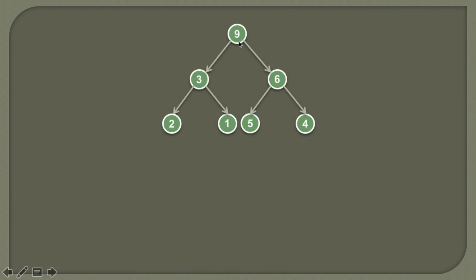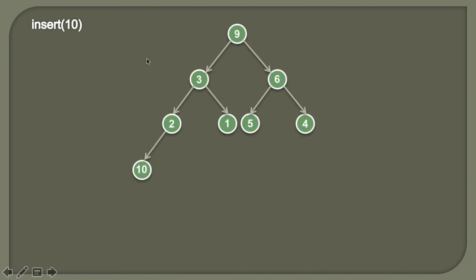So let's say we are given this max heap having 7 elements, and let's say we insert 10. Here you can see all the levels are filled completely, and as a heap is a complete binary tree, the value 10 will be inserted to the left of 2 at level 4. It would look something like this, because in a complete binary tree all the levels are filled completely except the last level, and the last level is filled in such a way that the leftmost side is not empty. So 10 will be inserted to the left of 2.